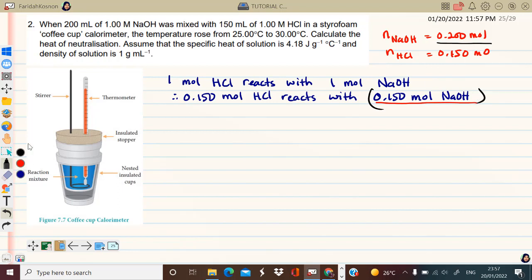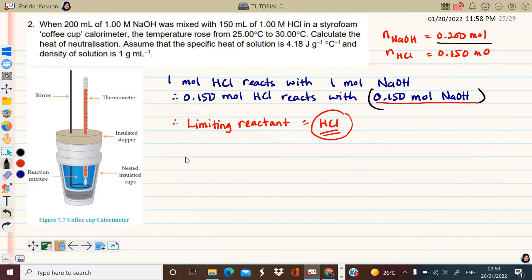So, you can see here from your calculation ataupun your stoichiometrical relationship ni, you akan dapati apa? Therefore, okay, the limiting reactant. Limiting reactant kita siapa? Limiting reactant kita adalah hydrochloric acid. So, now, bila kita dah tahu dia ni adalah limiting reactant, maksudnya, berapa banyak water yang terhasil tu tadi, how many moles of water form, adalah bergantung kepada mole of hydrochloric acid sebab dia ni yang